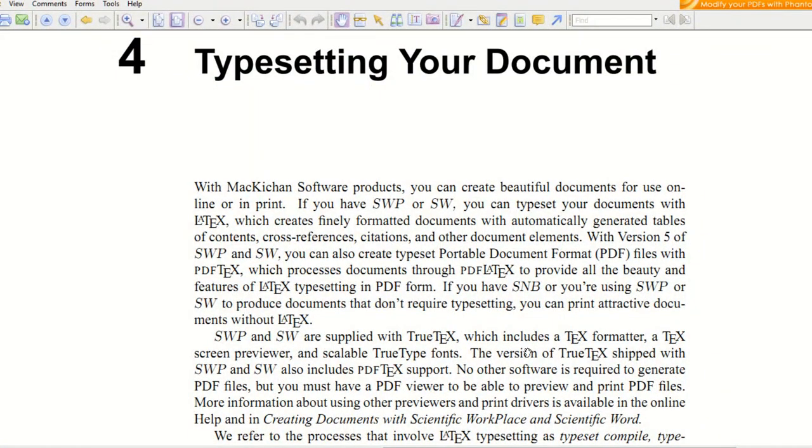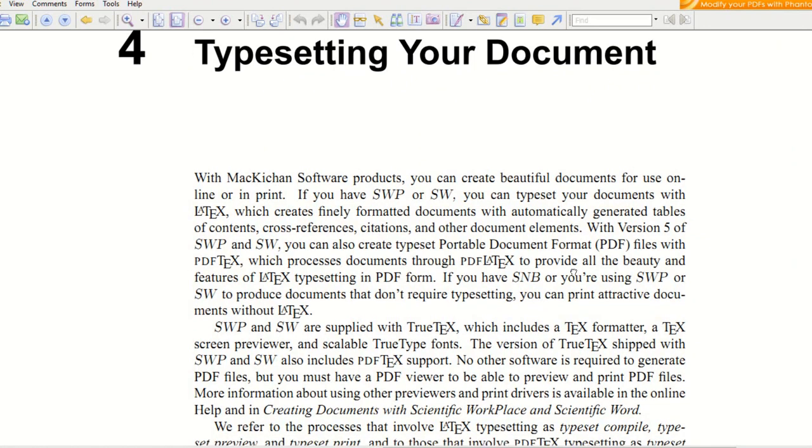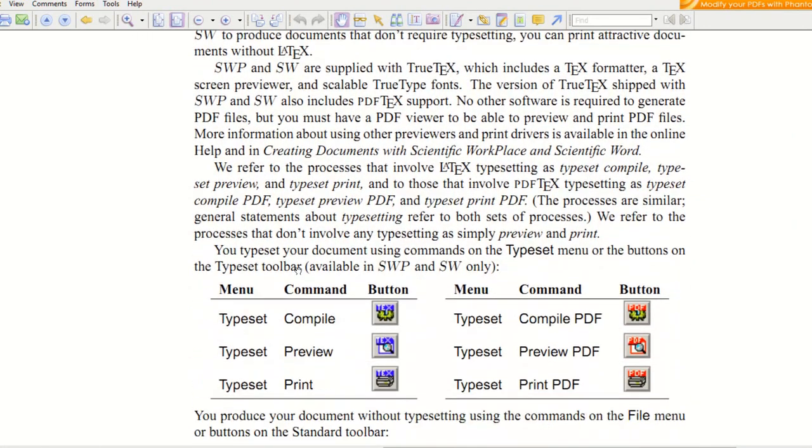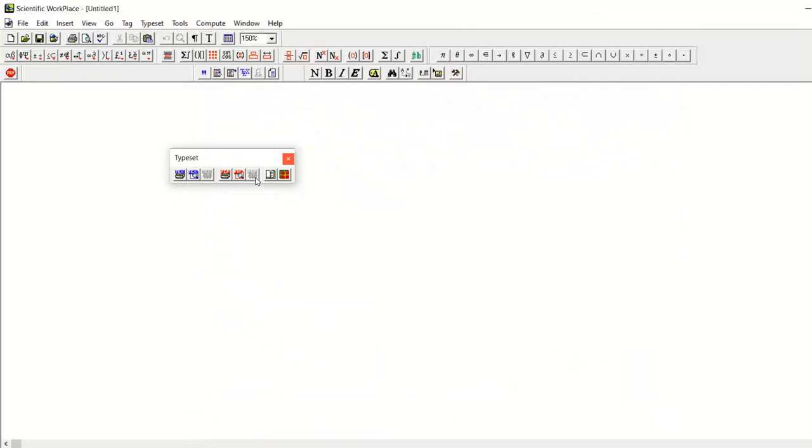First of all, we see what is typesetting. You can typeset your document using the commands on the typeset menu or the buttons on the typeset toolbar. On the typeset menu you will see these buttons. This is the typeset toolbar.